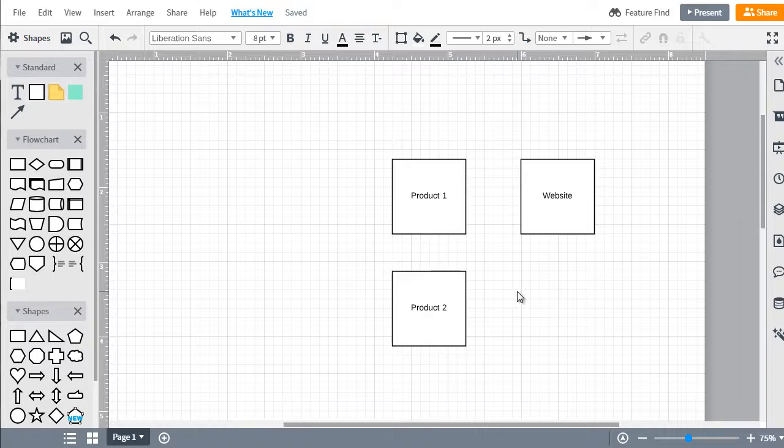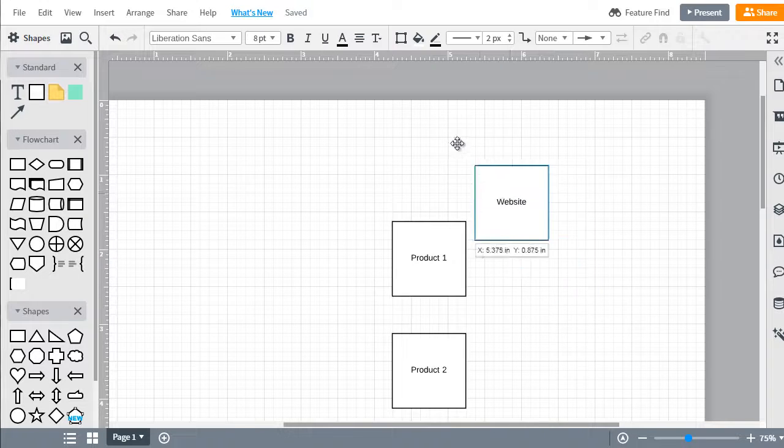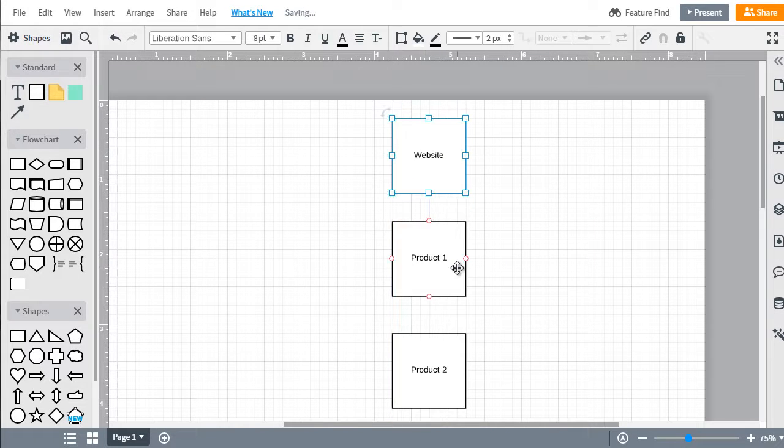And there we go. So assuming what you have in your business that you want to ultimately, as the end result, get people to, we have the website, we have product 1 and product 2. All right. So based upon that, when we're creating our chatbot, do we want to get people to the website, product 1, or product 2?